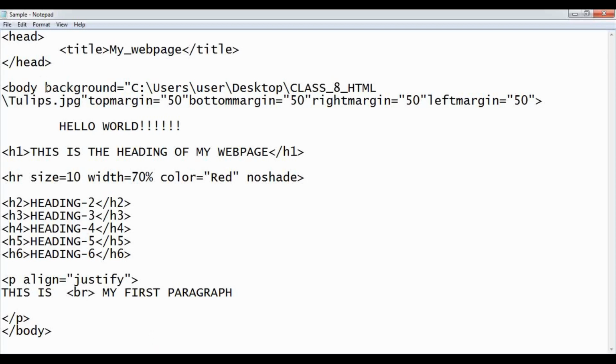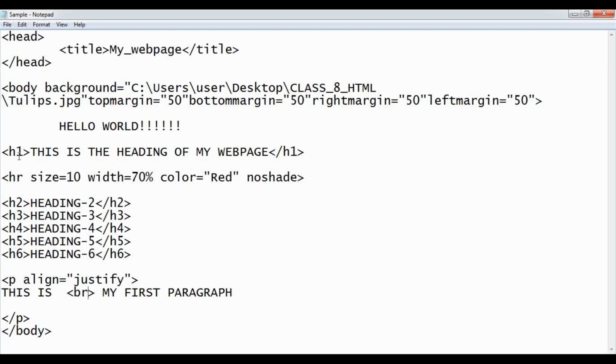In the body tag, we have seen 4 different attributes, that is BG color to change the background color, then background is equals to and URL of the picture which you want to set it as the background. Then we have seen the different margins of the web page, that is top margin, bottom margin, right margin and left margin. After this we have seen the different heading styles H1, H2, H3, H4, H5 and H6.